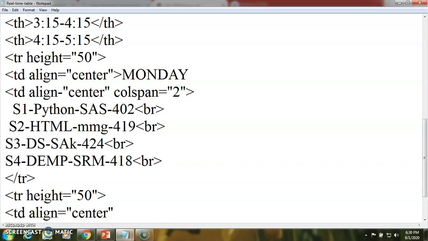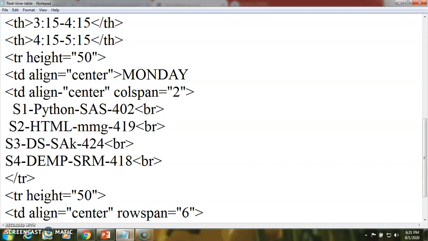Again we require the row span equal to, suppose we are combining all the slots because that is a break slot, lunch break. So the 6 rows are going to combine. So we have added the row span property.